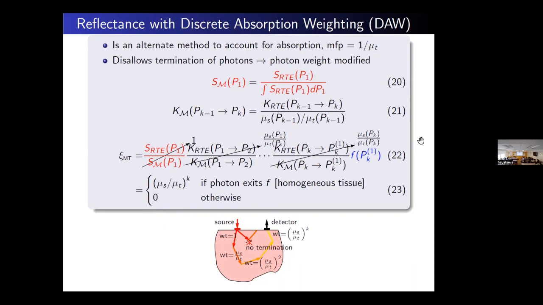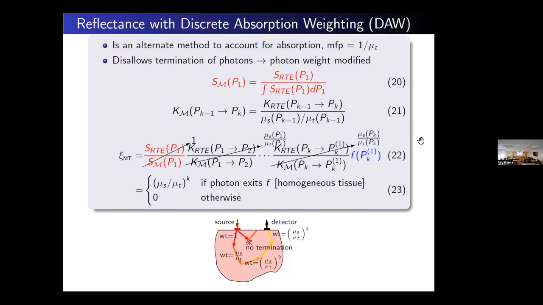So instead, these methods, discrete absorption methods, have been designed to allow for certain problems, and it's not always to say that discrete absorption weighting or other, one is always better than the other. It depends on the system that you're modeling, the optical properties you're dealing with, and how far the source and detector are from each other.